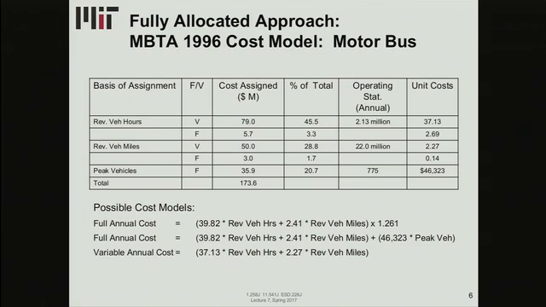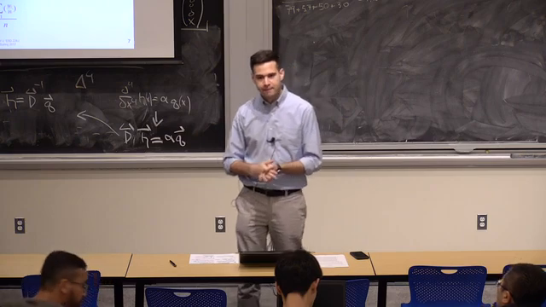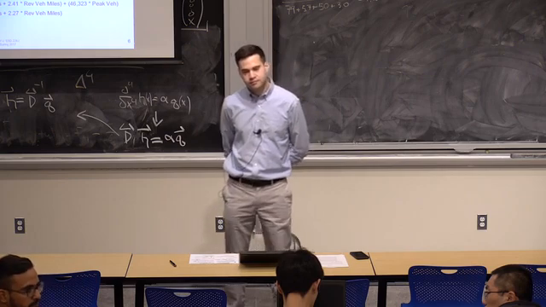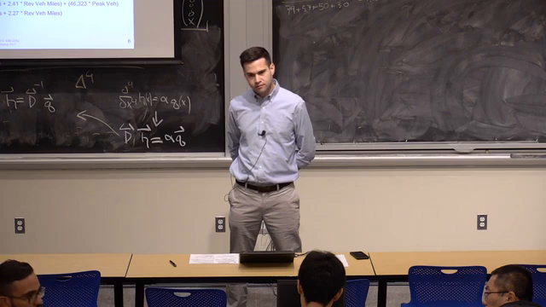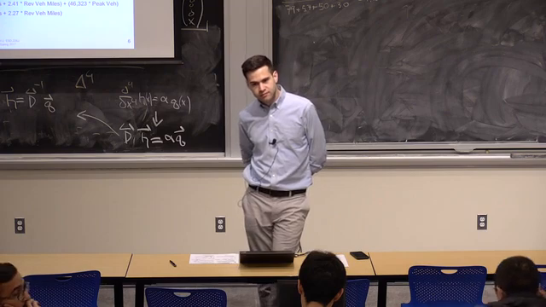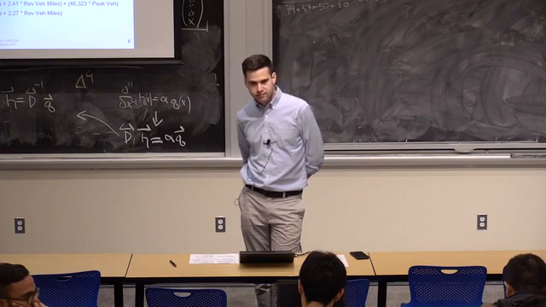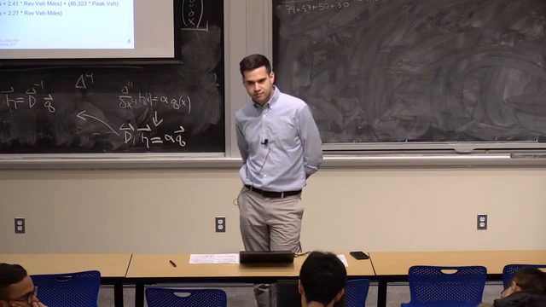And for that, we need a temporal variation model, which is our next. Just a second, but why wouldn't it capture it? Because suppose I add service, suppose I add a bus in the peak. So now peak vehicles, that gets impacted. And suppose I take fuel and I say, okay, there's fuel affects revenue miles, but also it affects revenue hours. I put fuel in twice, both into the hours and the miles. Yes. Now I can also take into account the fact that the bus is sitting in traffic and burning fuel, and also, but I'm taking that into account. So why is this model necessarily not